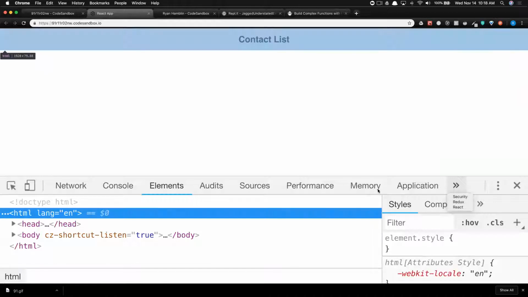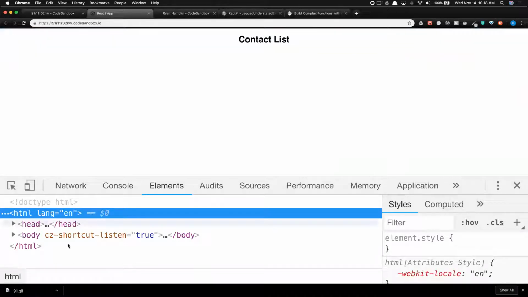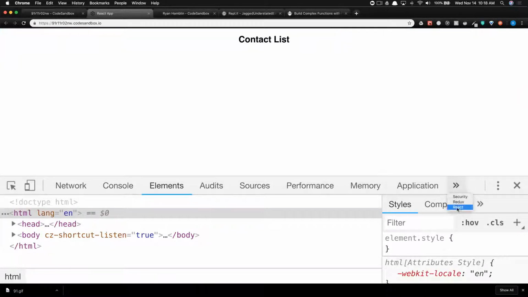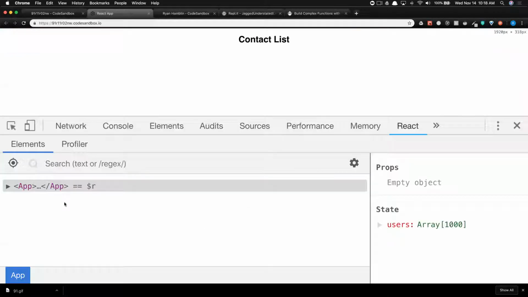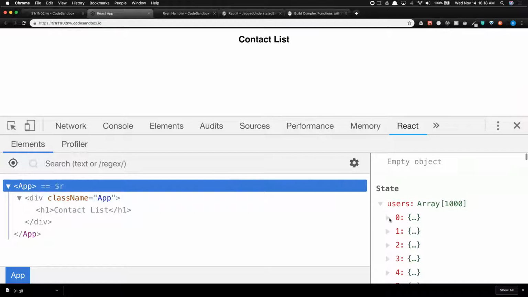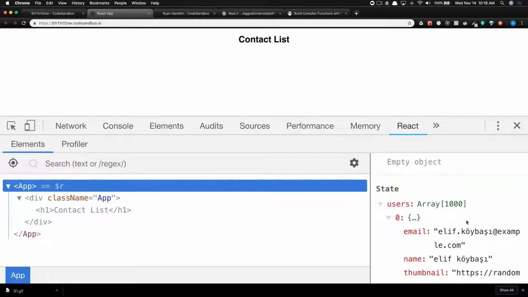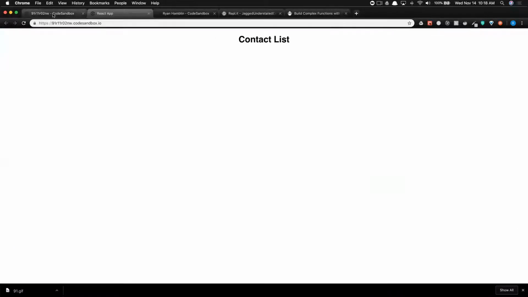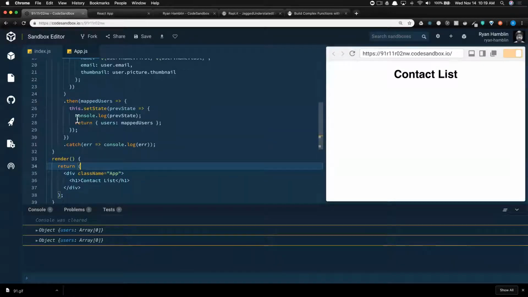At the time that I console logged the previous state, it was empty. And then set state gets executed with that return value, and we have our list of 1,000 users. So the rule is this: